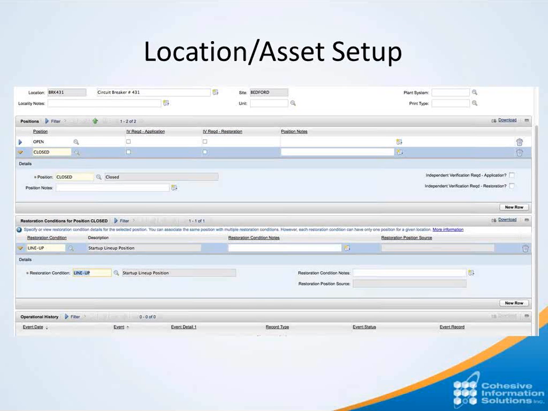So up in the upper portion of the screen, we define which positions apply for this given component, and there is a validation domain list of what are the valid positions. We selected, in this case for a breaker, the open and close position, and then also whether or not independent verification is required for the application and or the restoration. And you can also put in notes associated with